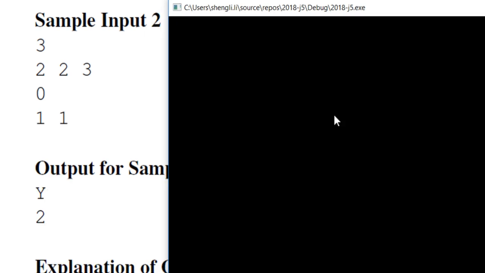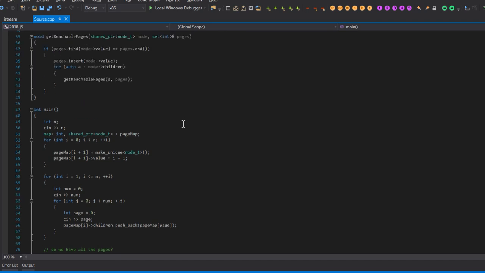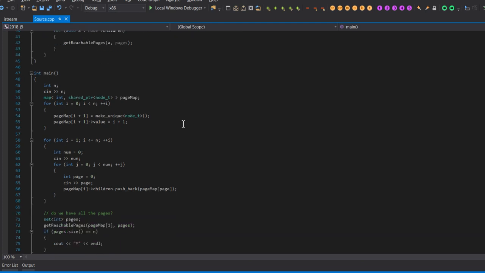And now we are ready to test sample 2, and we give 3, 2, 2, 3, 0, 1, and we get Y and 2, which is exactly the output from the sample. So our program is also working for sample 2. So this means that our program is working well for this problem, and this is the solution to problem J5